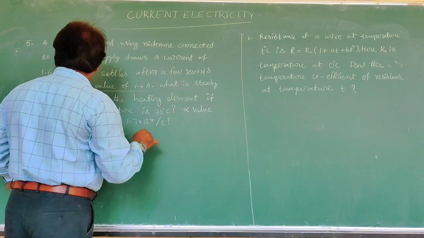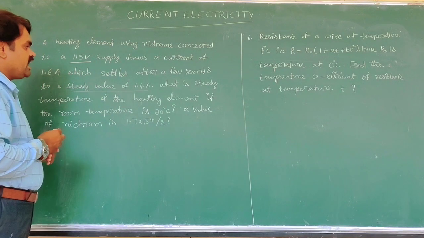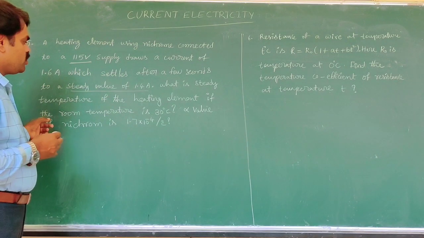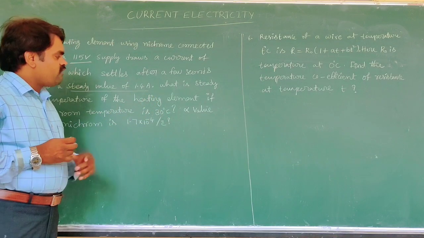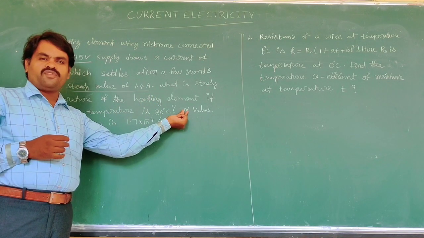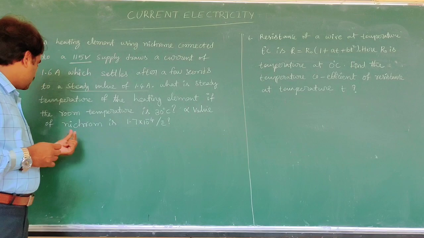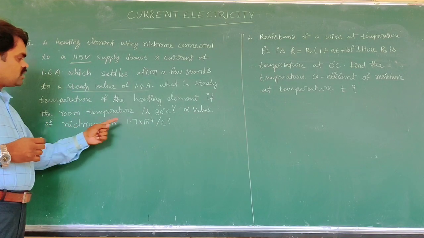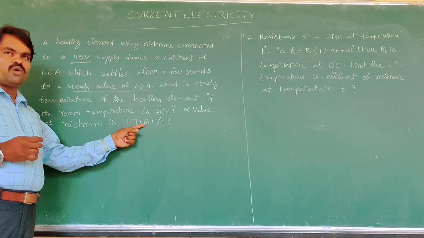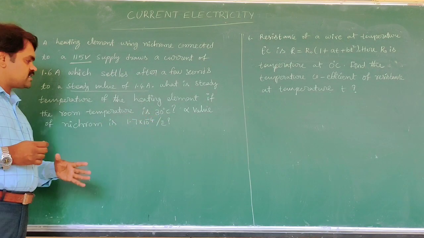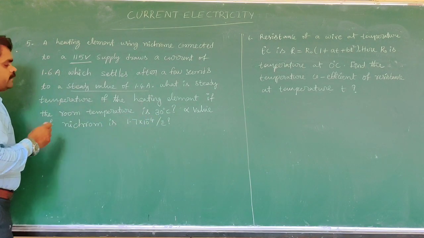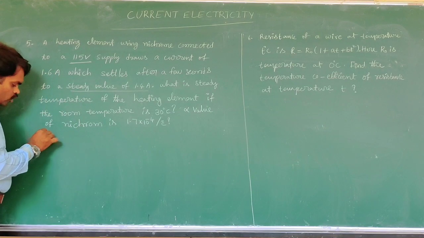What is the steady temperature of the heating element if room temperature is 30 degrees Celsius? Alpha, the temperature coefficient of resistance of nichrome, is 1.7 into 10 to the power of minus 4 per degree Celsius. Now here at room temperature